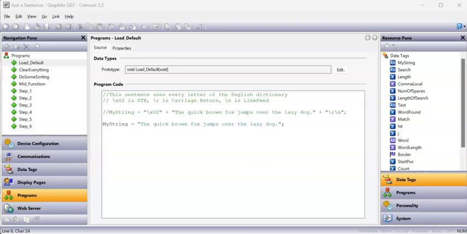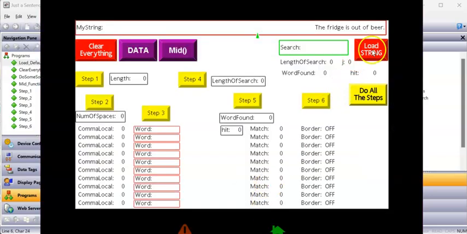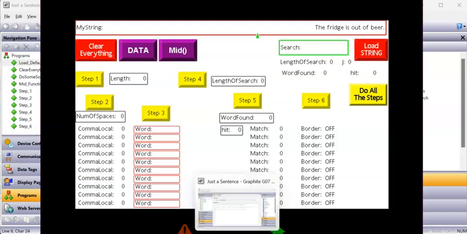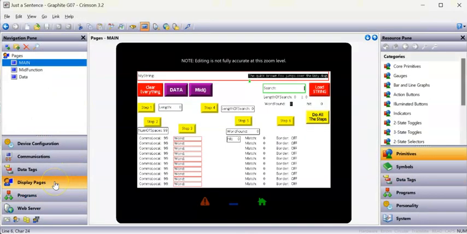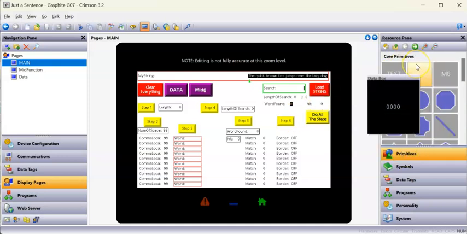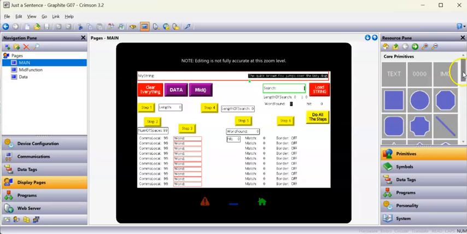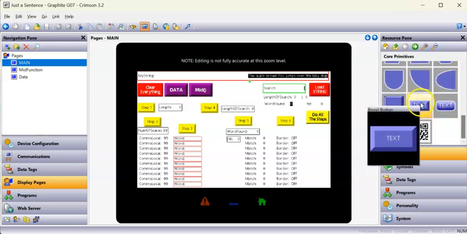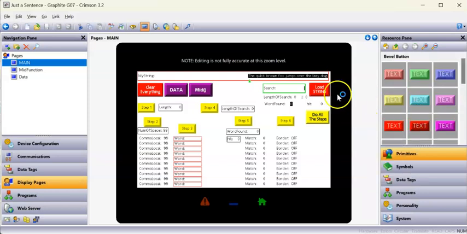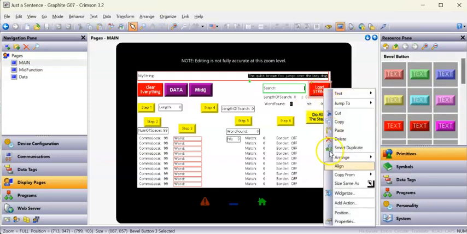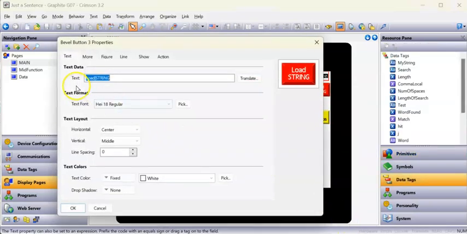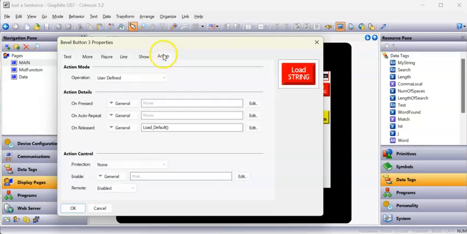If I go back to my emulator, this red button here is nothing more than a button that calls it. In Crimson, that button is over in display pages. If you go to the right side in primitives, go to the home directory of your primitives, and slide all the way down to the bottom, the second row from the bottom is a bevel button. Any of these, you drag it out, double click on it, go to properties, and change the text to say load string. And on the action tab,